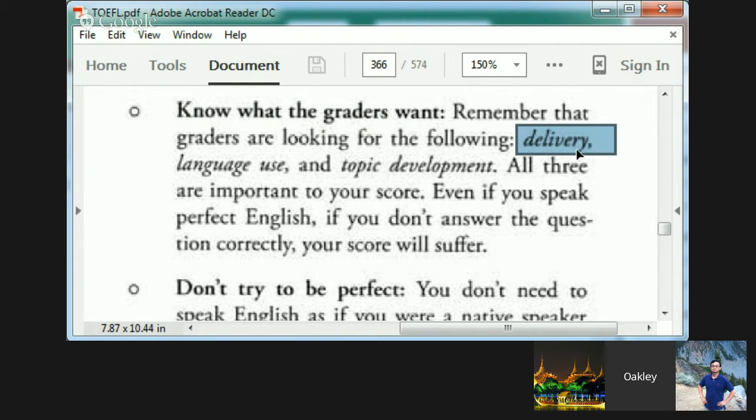So don't speak too fast. I know you're timed and people tend to speak too fast on the TOEFL test. Just take it easy. If you are speaking and it is very clear that you are organized, if it's extremely clear what you're going to say, even if you get cut off without saying everything you want, you can still get a top score. So breathe, relax, and speak normally.